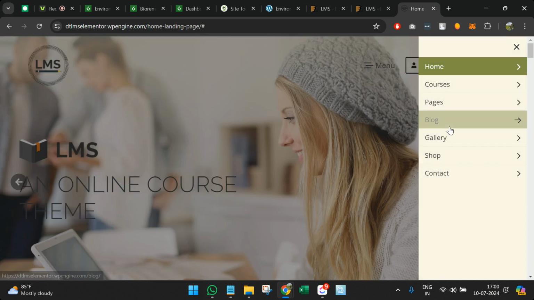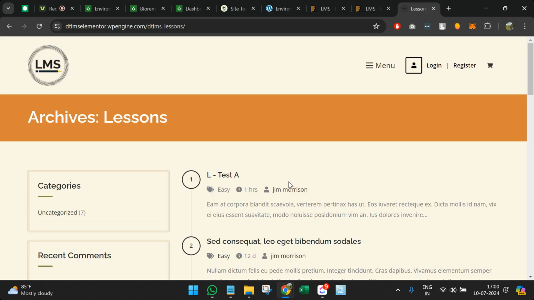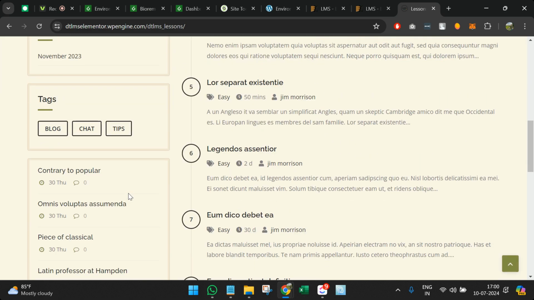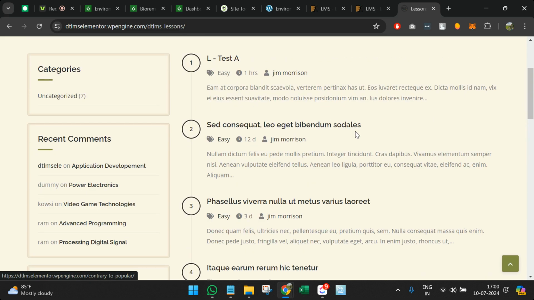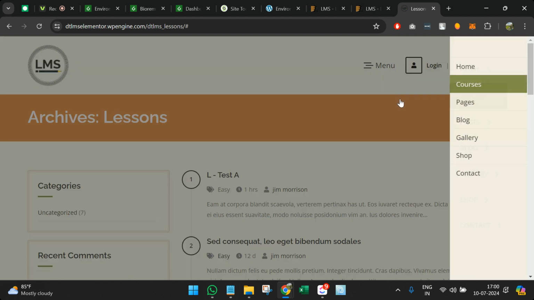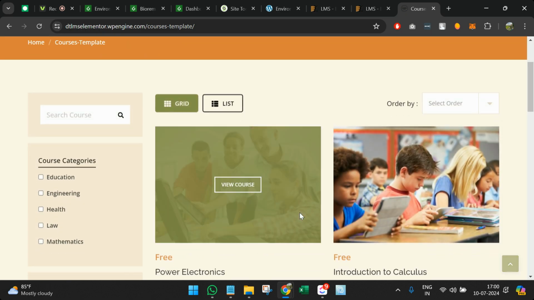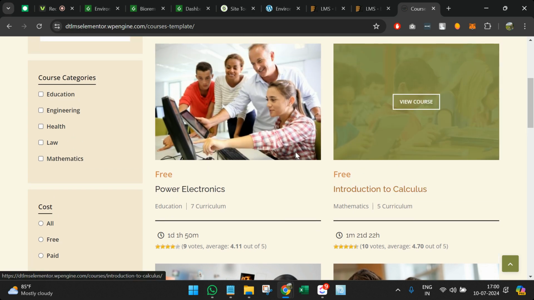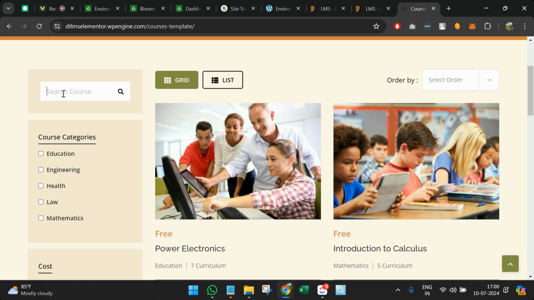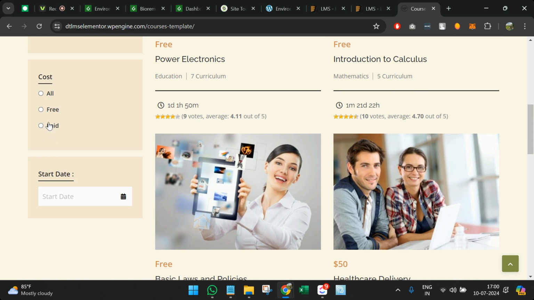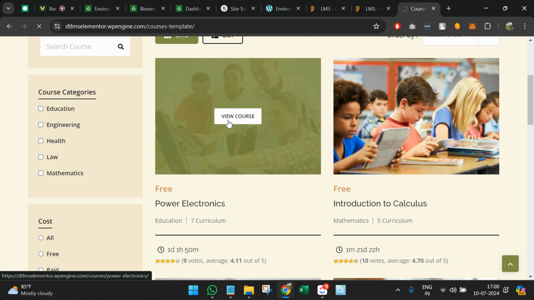So let me search if they have courses. Yes, lessons. Fine. So they have also created multiple lessons over here. I can choose one of them. They also have a few free courses. They have a system here where you can do searching, you can choose a category, you can choose free or paid, something like that. And I will choose one of them, view course,